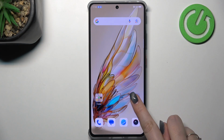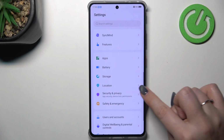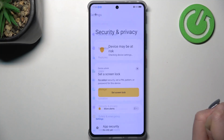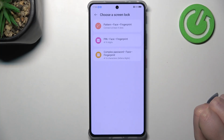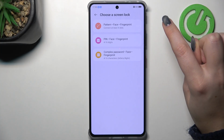So let's start with opening the settings, and here in this general list we have to scroll and find security and privacy. So let's tap. Then let's scroll and find device unlock and tap on face and fingerprint unlock. Yes. So here we have to choose